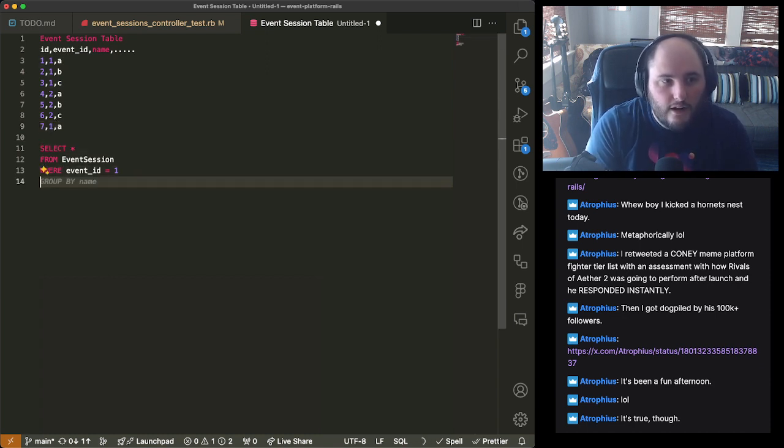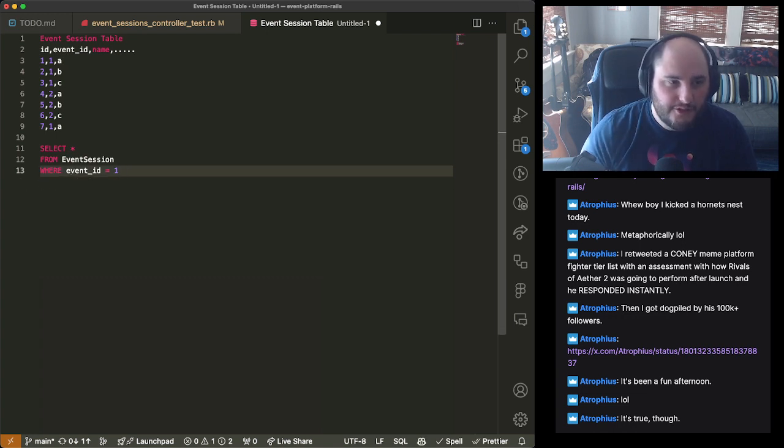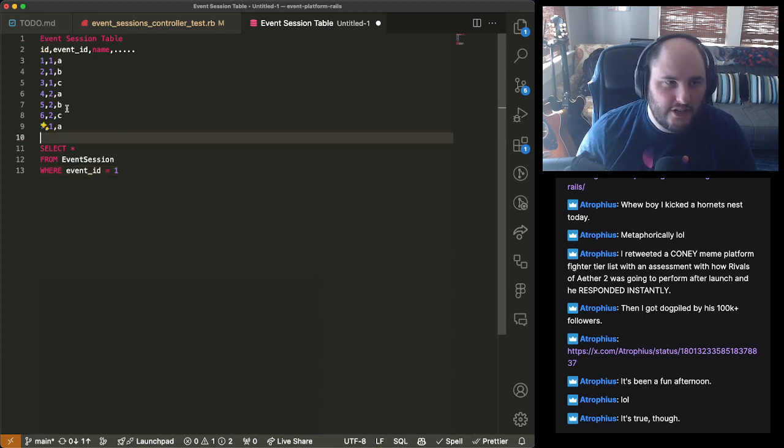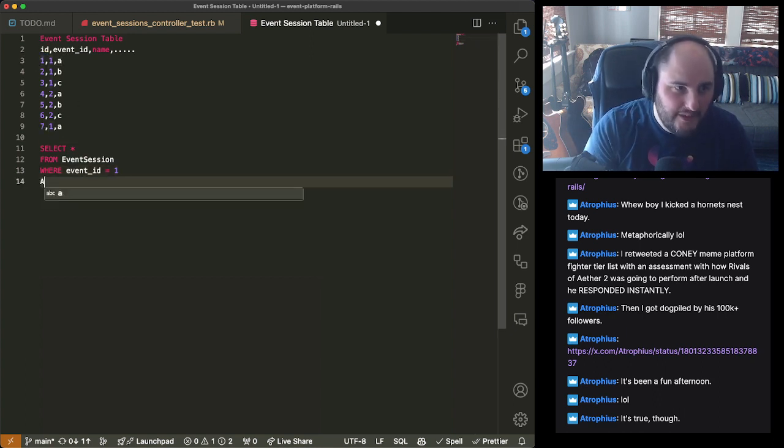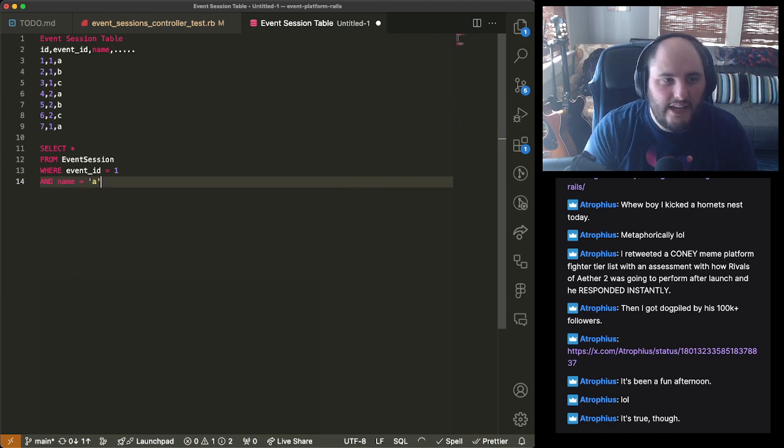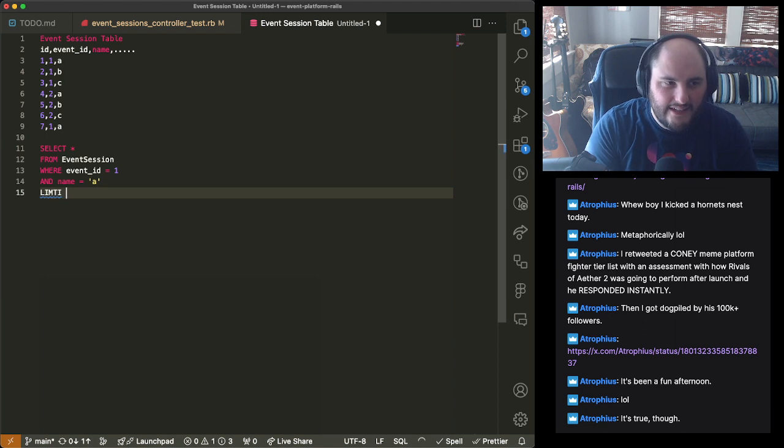I did where event ID was 1 and, well, I just did this for starters, and I just tried to grab the last one, right? And this didn't work because it tried to find the same object, and I couldn't find it. But then I said, okay, we'll do the name where it's A, right? Well, that would have given me both 7 and 1. But then I said, only give me 1. And I said limit 1, and it just gave me the first one it found, in this case, probably row 1. But I wanted row 2.